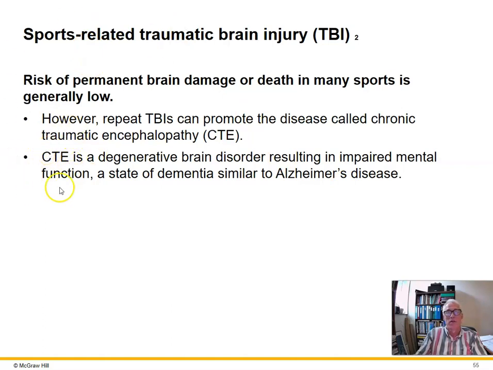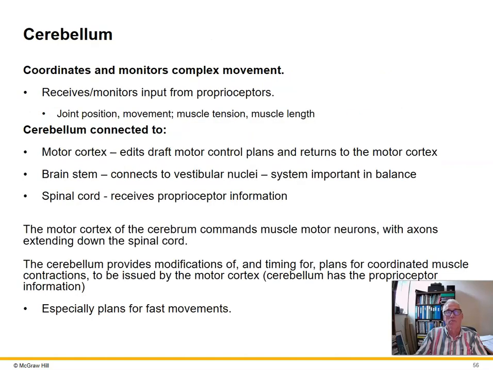CTE also is degradative, but there are no plaques that form of beta amyloid the way there is with Alzheimer's. So it's not like we're turning on Alzheimer's. It's a different kind of a thing, but it's a similar, very horrible outcome. Okay, back to our discussion of